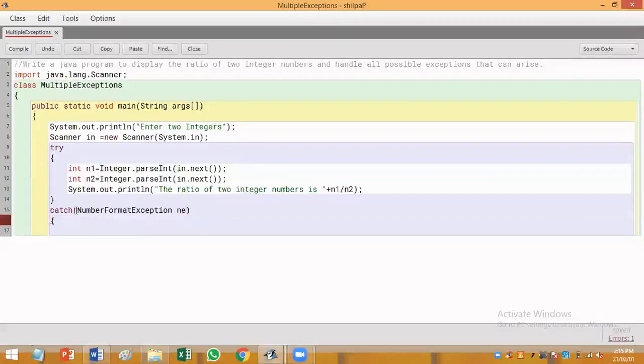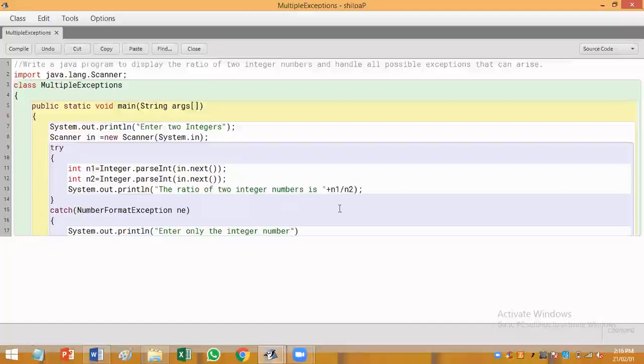So if this exception arises in the program, we have to print a message saying that you have to input only numbers, not strings. Okay. So I prompt the user with the message System.out.println "Enter only integers, only integer numbers."